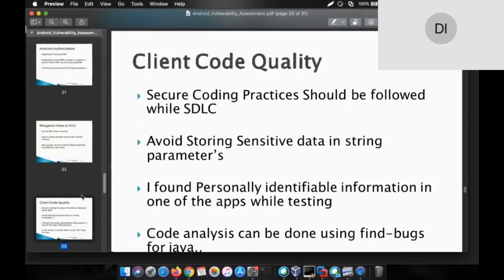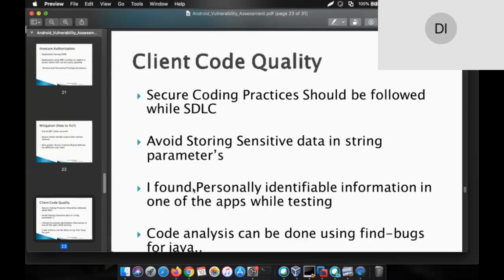Next, client code quality. They should follow the SDL, the software development lifecycle process. Further, avoid storing personally identifiable information. Some applications, like critical ones such as banking, try to store personal information.